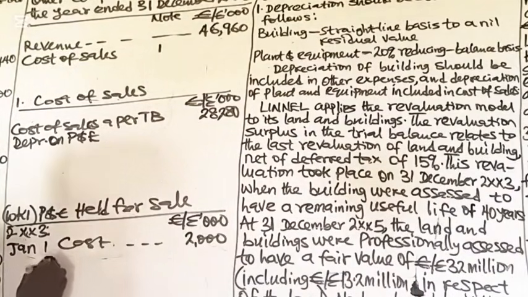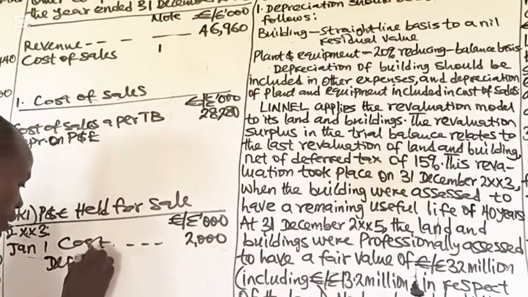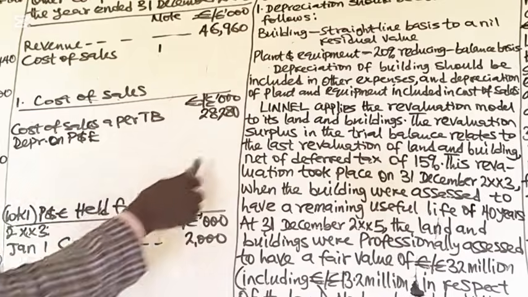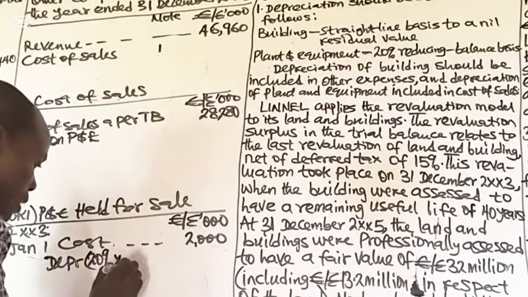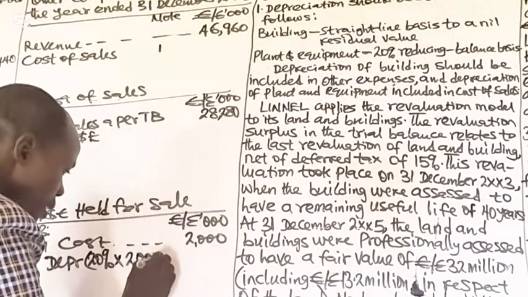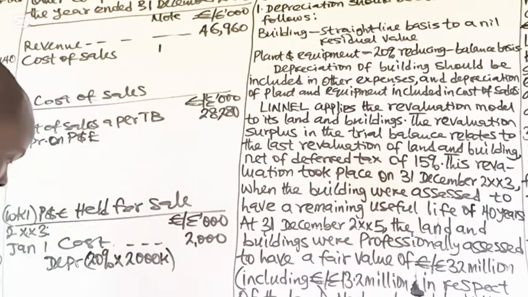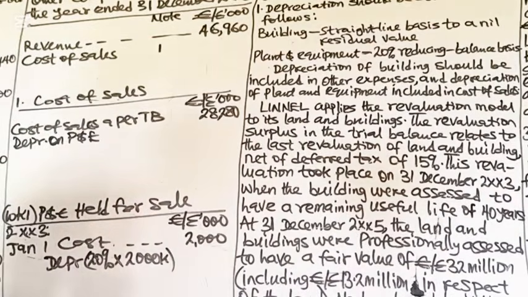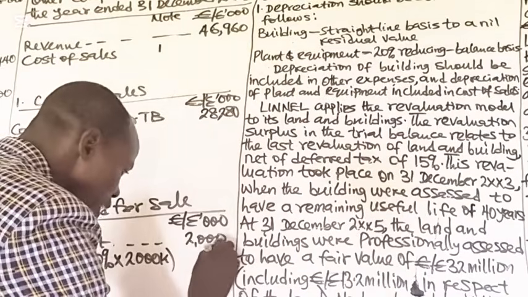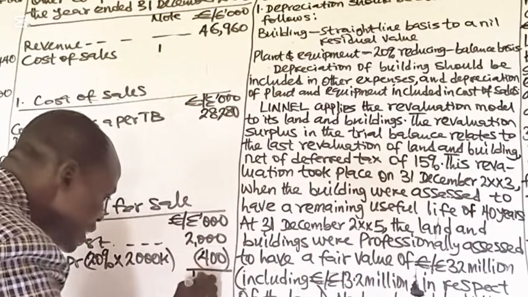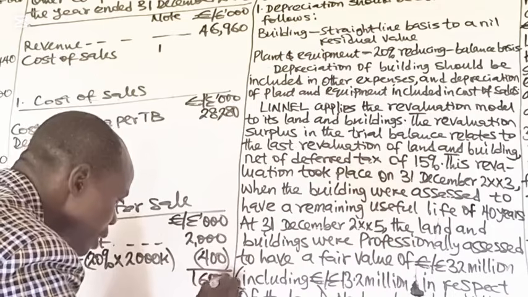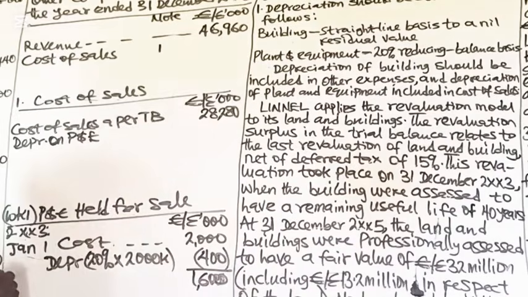So depreciation that will be charged for the year. Remember, the depreciation rate is 20% from note 1 on plant and equipment. You have to use the reducing balance method. 20% of 2 million gives us 400,000. If you subtract 400,000 from 2 million, you'll be left with 1.6 million. This 1.6 million is the carrying amount as at December 31st,